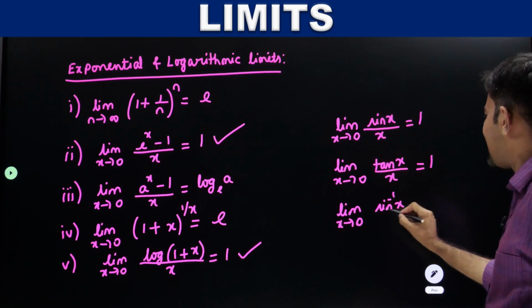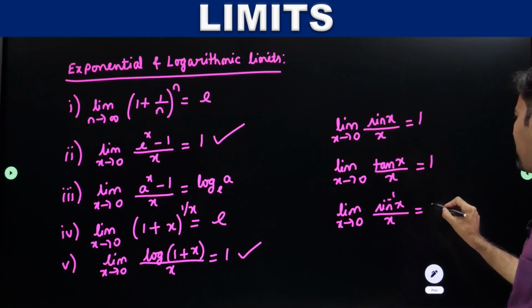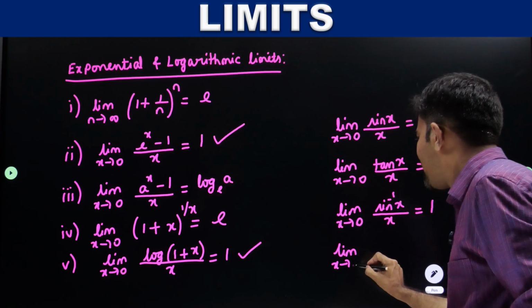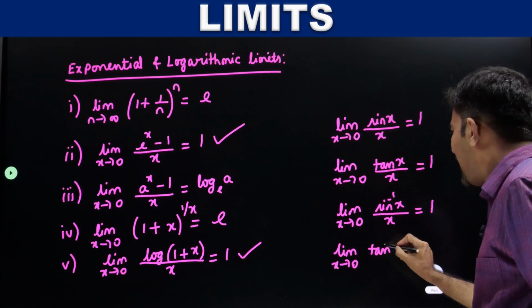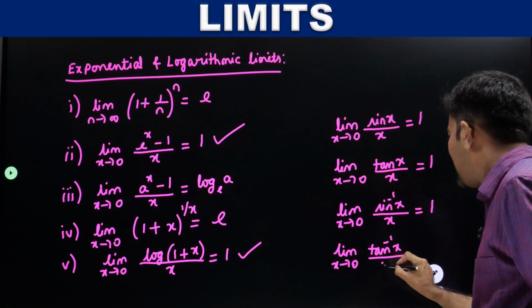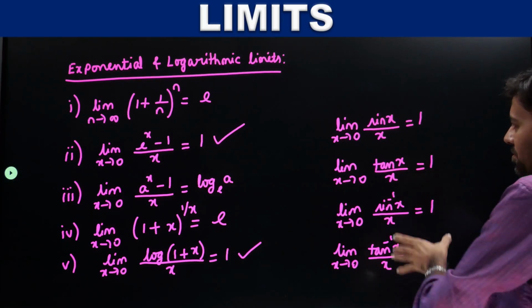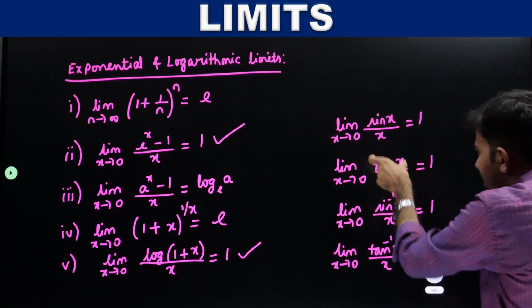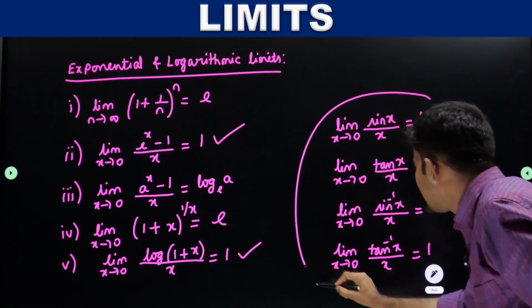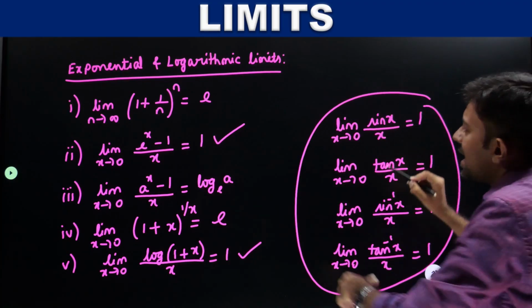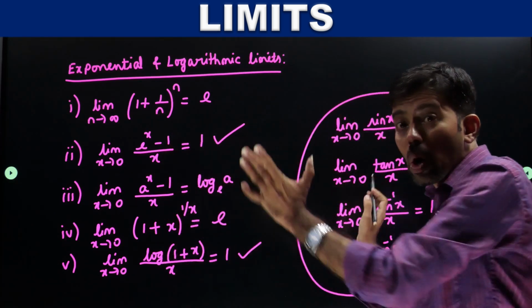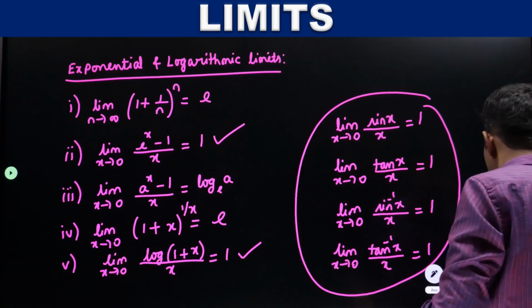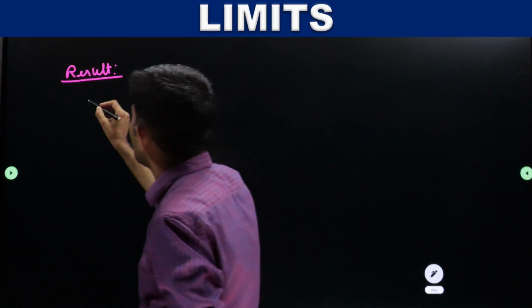One such question was asked in JEE Main exam in 2025. That's why I'm giving this. Limit x tends to 0, sin inverse x by x is 1. Limit x tends to 0, tan inverse x by x is equal to 1. Where we got 1, these 4 you consider, and these 2 you consider. Combining all these things, I can give one result here. And the coefficient of x matters here. The result I'm going to give here is